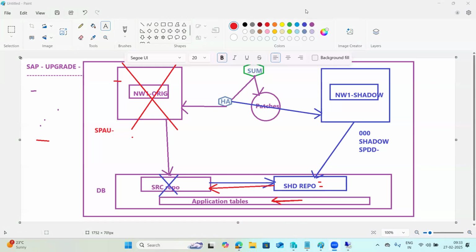Okay, so that's it for the SUM tool. And coming to the pending